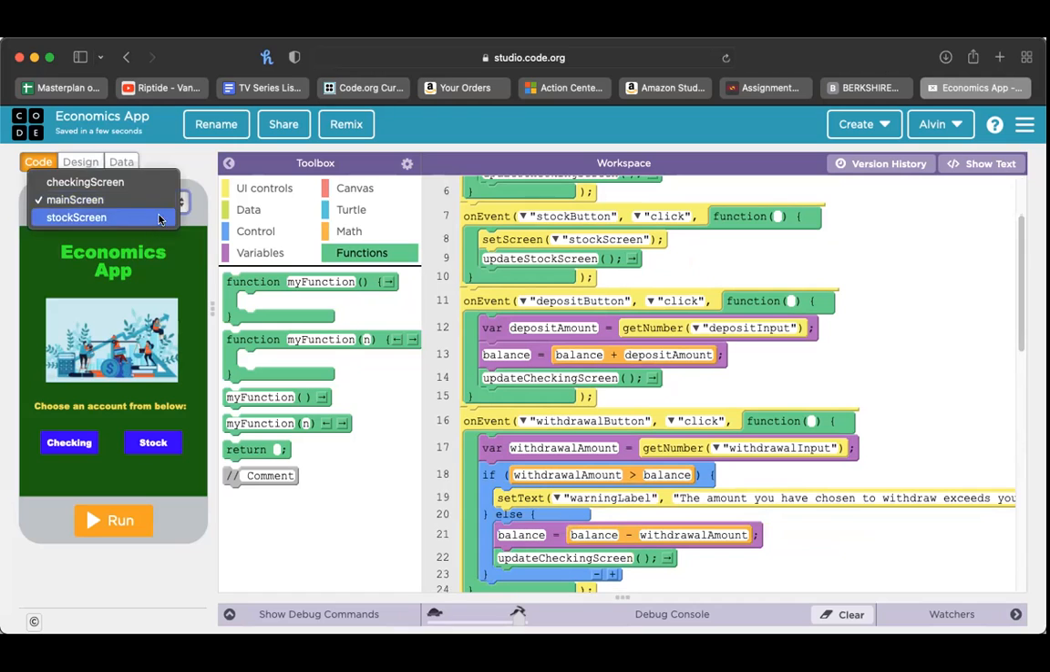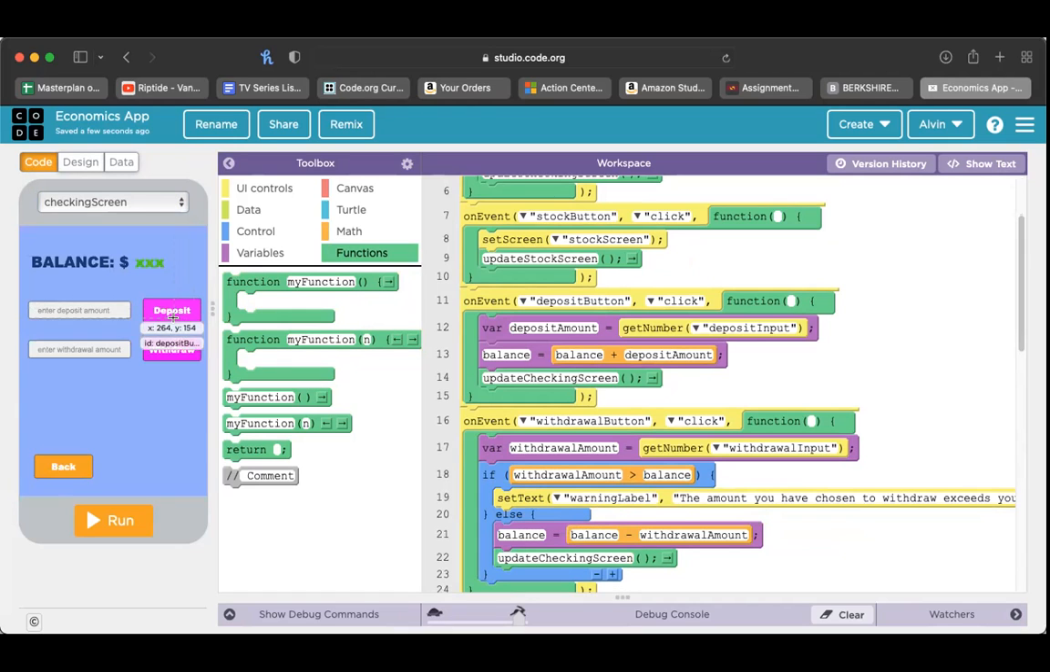All right, now let's head over to the checking screen. In the event that you click the deposit button, it will get the amount that you entered in the deposit amount, and it will update the balance. So it'll add whatever the deposit amount that you entered was to the balance, and then I'll click the update